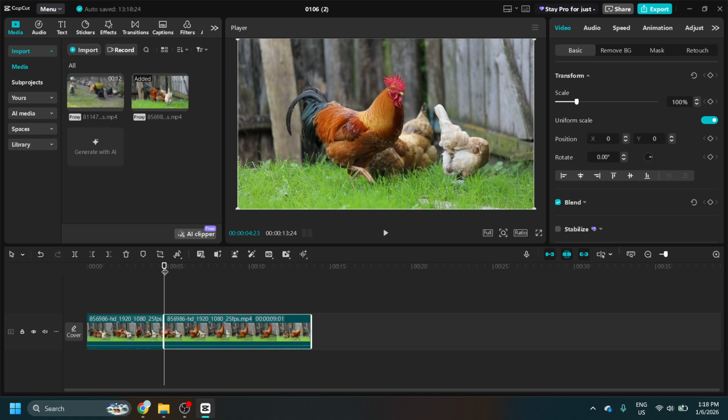Place the playhead right on the cut line where the insertion will go. You'll notice it snaps to the split, which helps with accuracy. Keeping the playhead parked at the split gives you a reference point and helps CapCut understand where you intend to